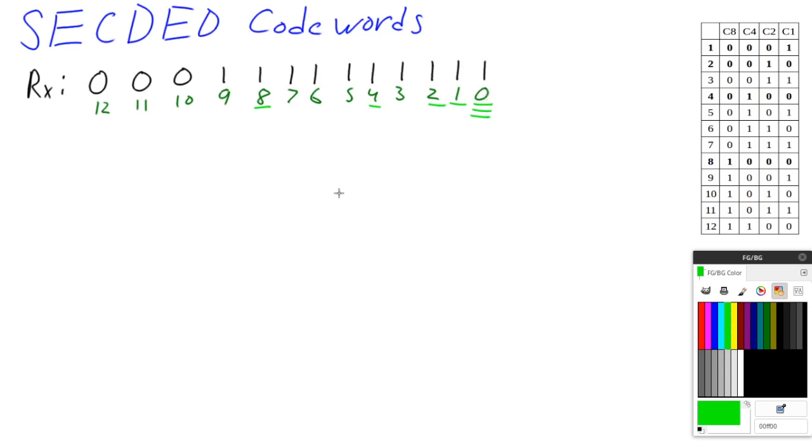So what do we need to do here? Well, we need to first go through the same process for our SEC code word, in that we need to look at our data bits and calculate what the SEC bit should be. And I might be getting ahead of myself. Let's write our check bits that we received